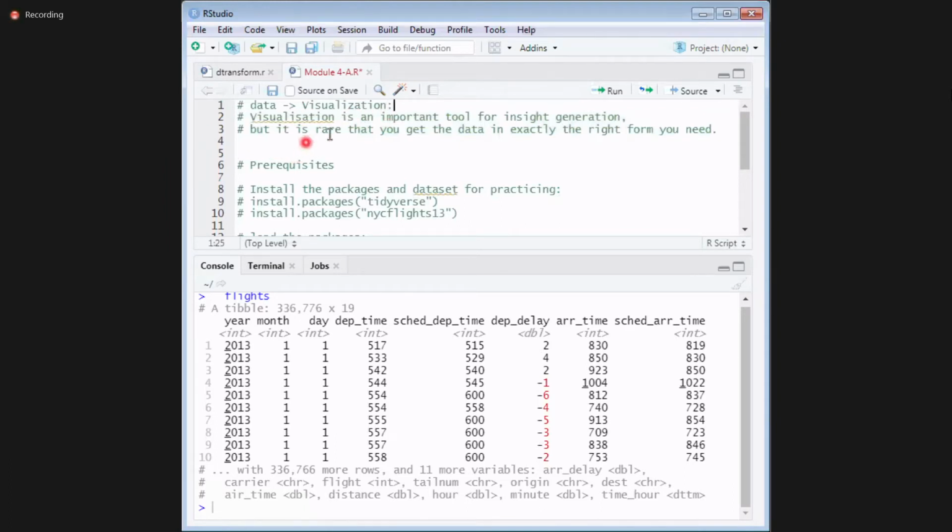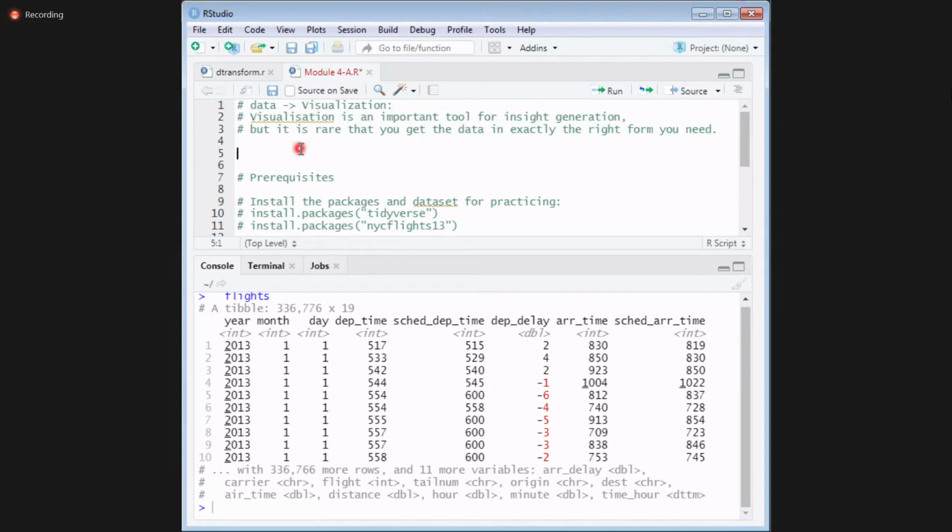Visualization is an important tool for insight generation, but it is rare that you get the data in exactly the right form you need. So generally, you have data, then you do data transformation as per your requirement, then you do visualization.